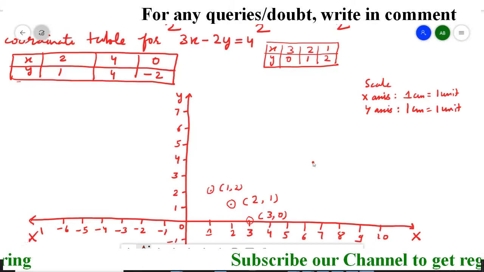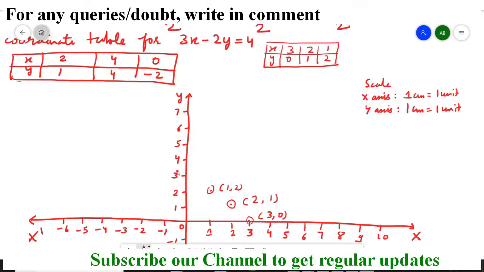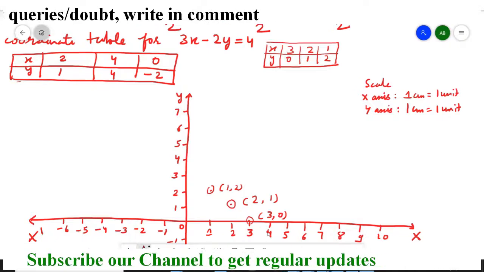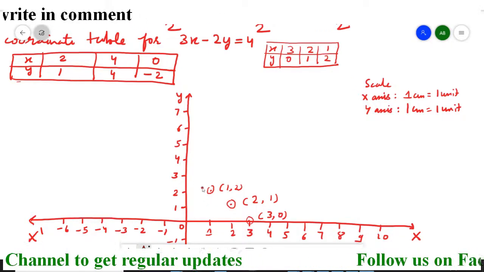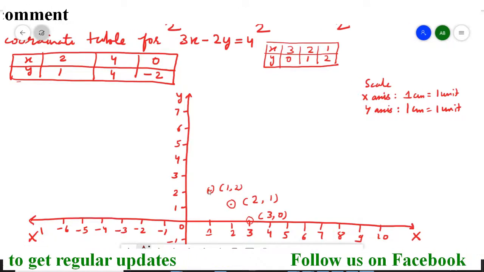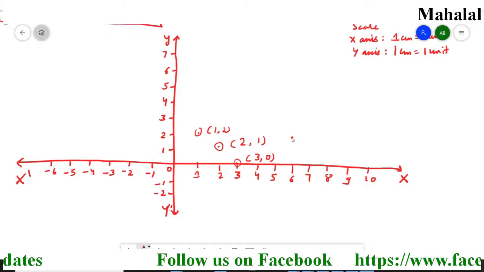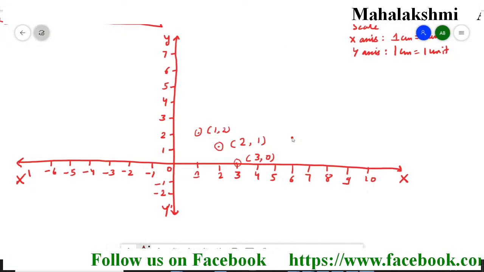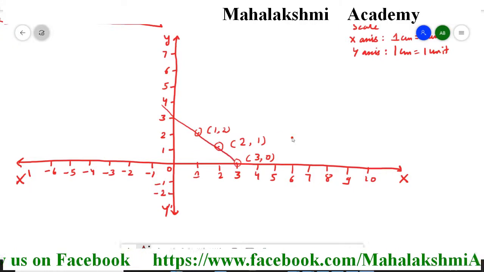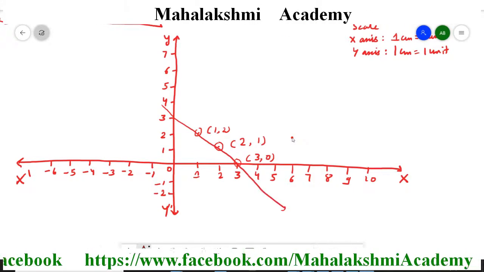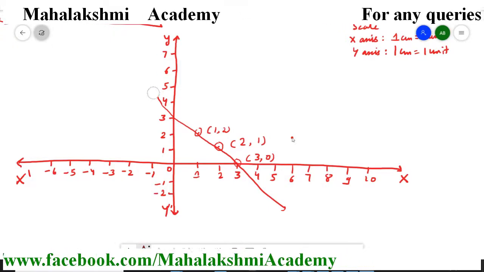Now with the help of a scale, all of you in your copies, just join them. When you join them, a straight line should come. They all should lie on the same straight line. So like this you have to join, but here I am going to join roughly. So it's going to be like this. Exactly, the line should pass through all the coordinates.